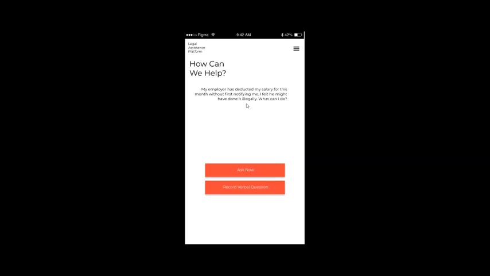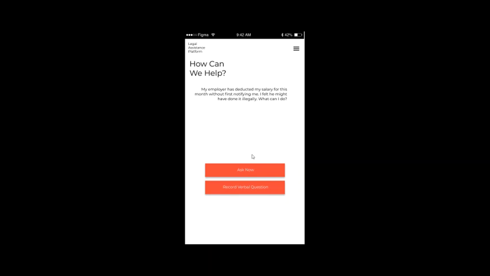Now, Alberto has two options. He can key in the text for the question he has, or he can record his own verbal messages, which can then be processed by our voice to text technology, which can then be used to make the query. So let's say Alberto clicks on Ask Now, which prompts our platform to go through our algorithm and match the